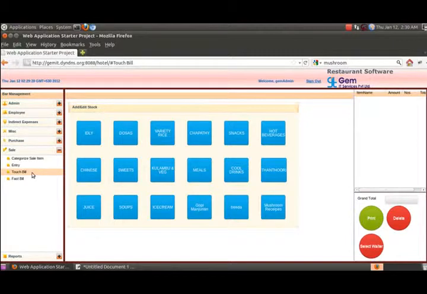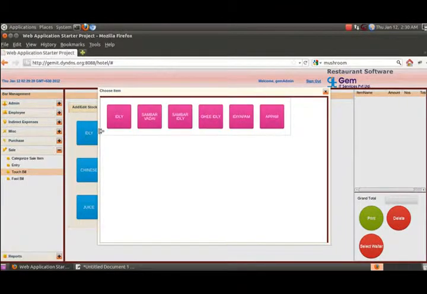This screen is used to add the sales details using touch screen functionality. You can speed up your billing process using touch screen functionality. This touch screen functionality for the sales details can be separately installed in many terminals connected to the main server through LAN network. Now we will see an example how to use the touch screen functionality for sales details.